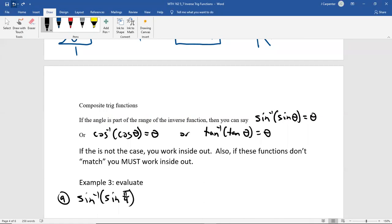So when it's an angle, it has to be sine of an angle. Okay, so inverse sine of sine of pi over 4. Well, these two match, they're inverses of each other, which means maybe we'll have this special case. If the angle is part of the range, then we can just say the whole thing would be equal to pi over 4. Don't assume though, make sure it's right. So pi over 4